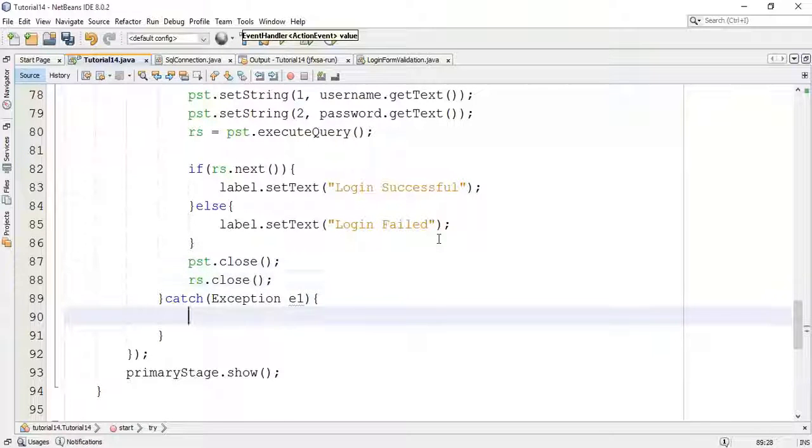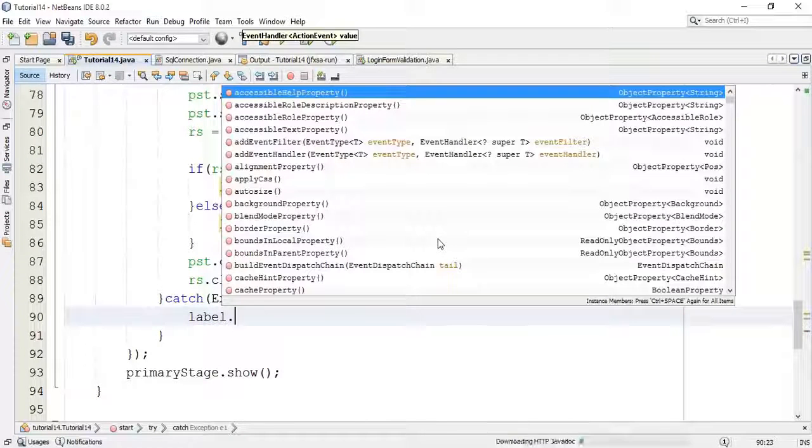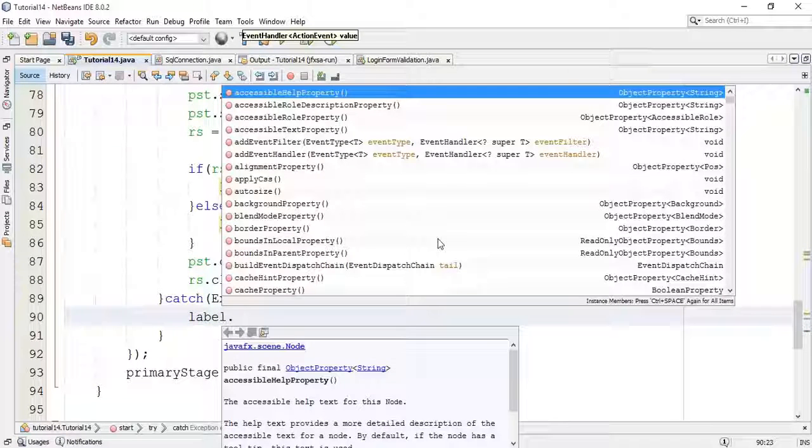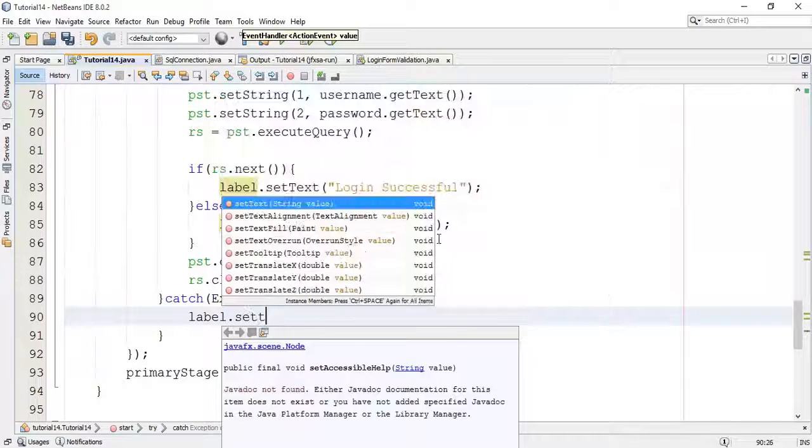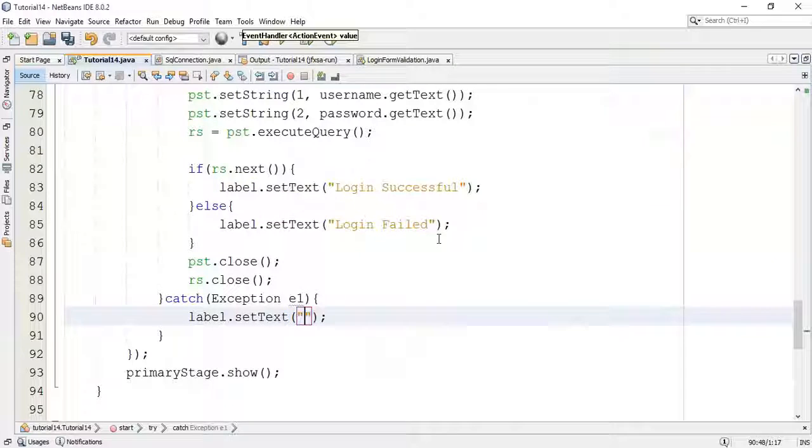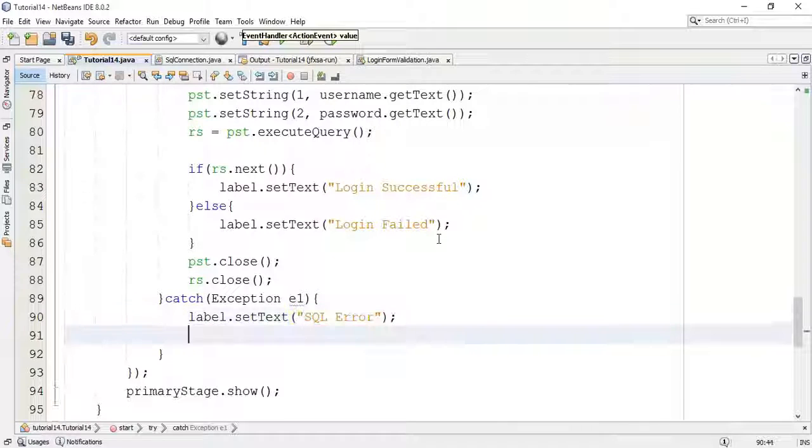Next, for a catch block I'm going to set that if any SQL exception, I'm going to print SQL error. So set text SQL error, and I'm going to print the error.